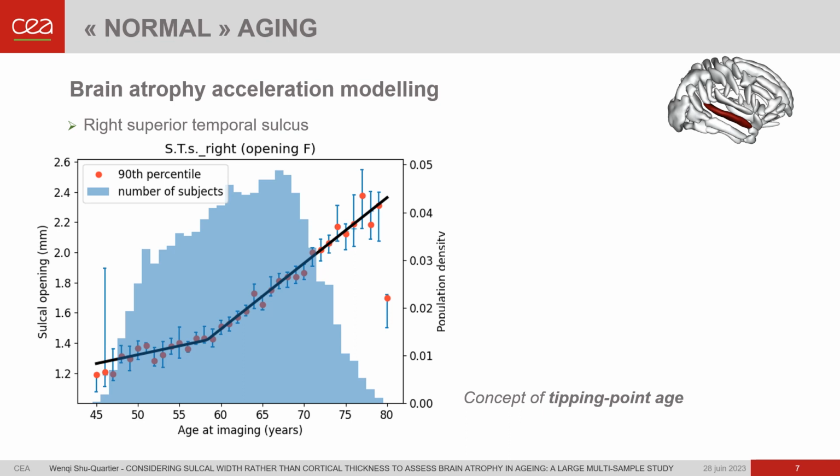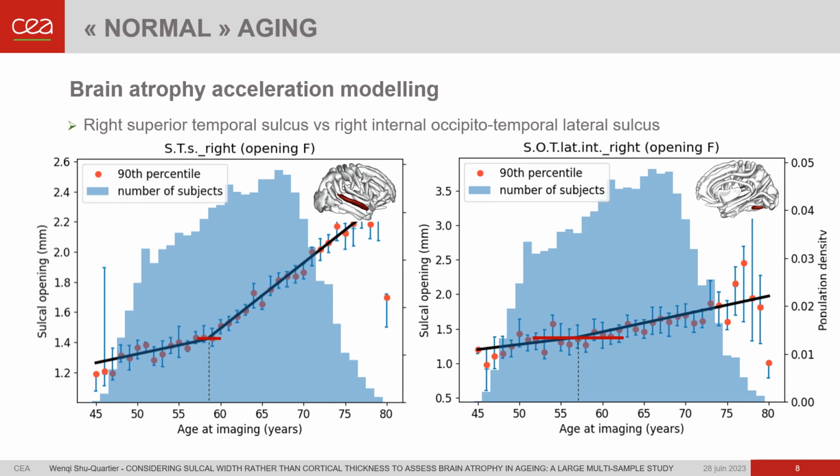providing valuable insights into the relevance of the initial null hypothesis, which states that sulcal width experiences a sudden acceleration at a certain age. If the null hypothesis we initially assumed holds true for a specific sulcus, then the stability of the age of acceleration during bootstrapping, despite resample variability, should indicate a pronounced and easily detectable point of acceleration. This leads to a smaller confidence interval for the age of acceleration, or as we suggest calling it, the tipping